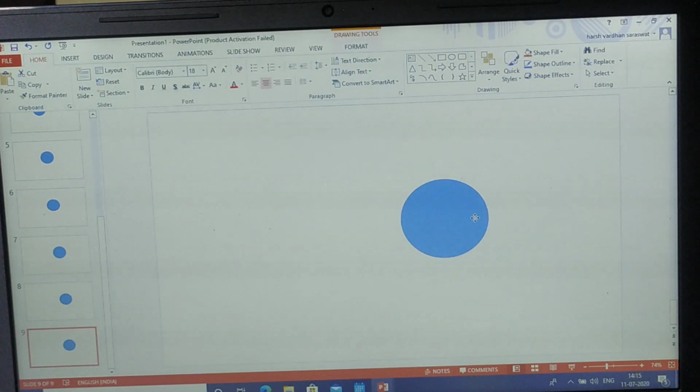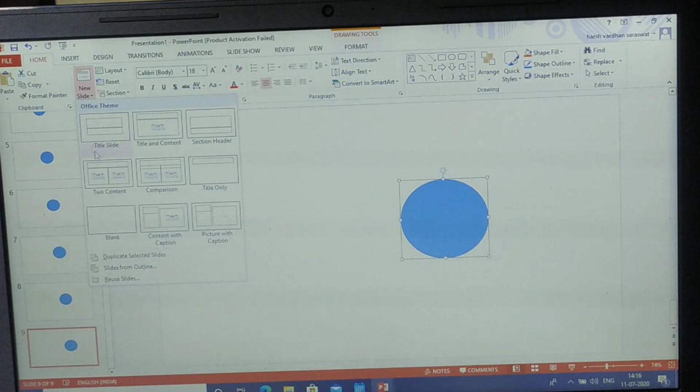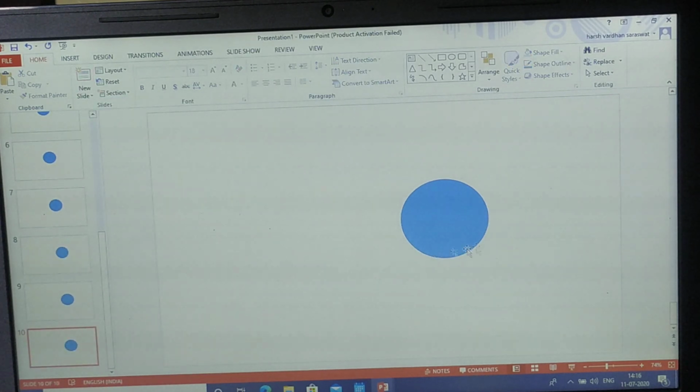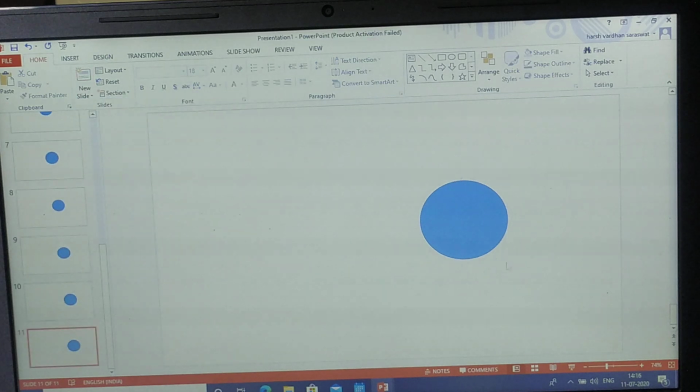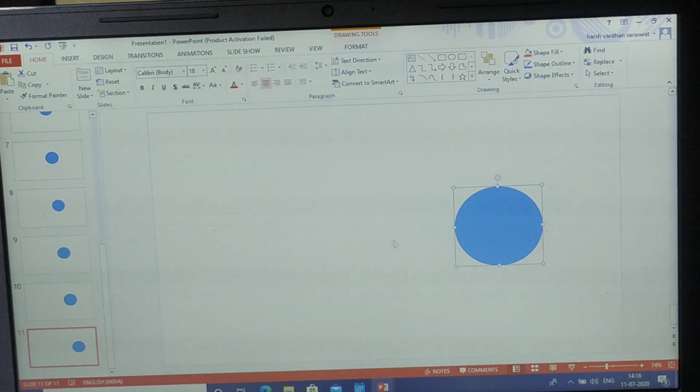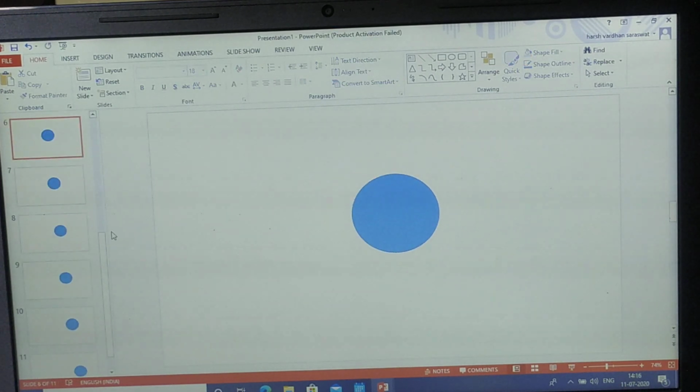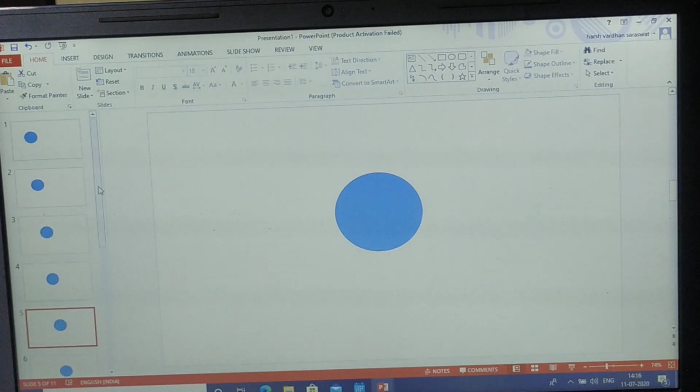See, in different corners, some circles are moving in different forms. So we apply here